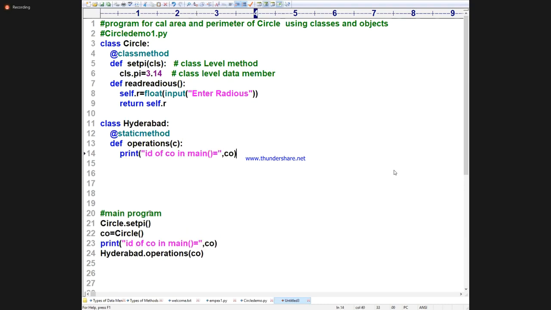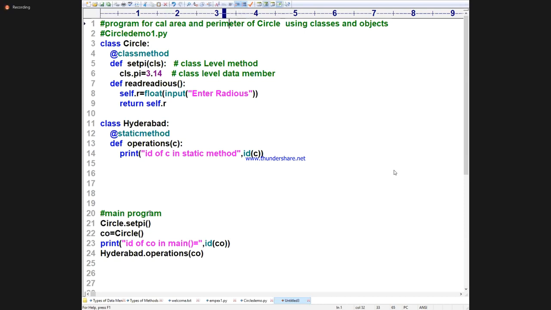I am printing the id of C in the static method. How do you write it? id of C, I wrote. Here also id of CO. See?